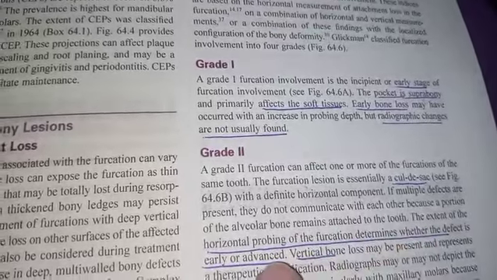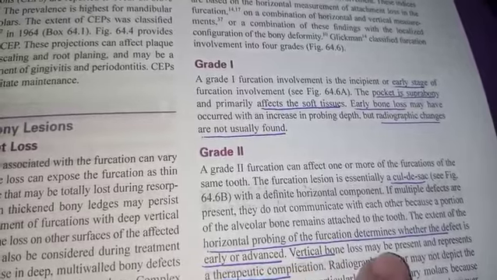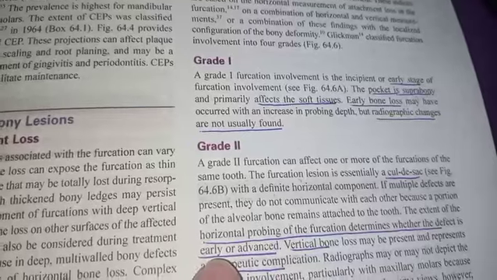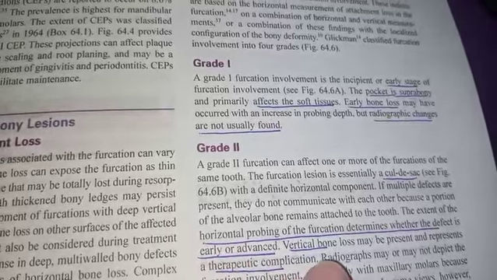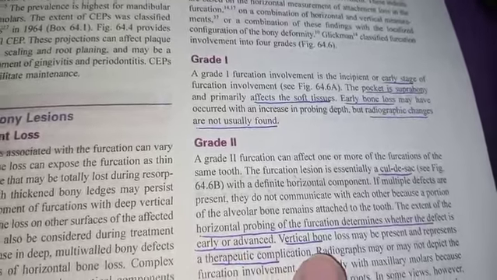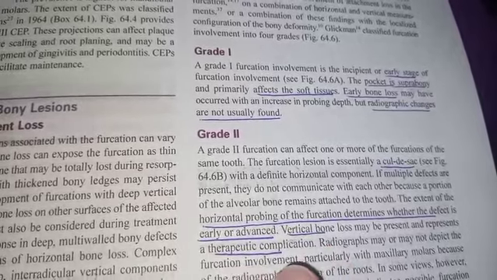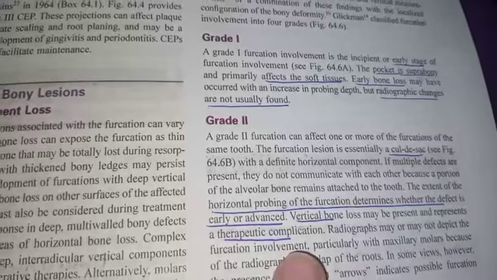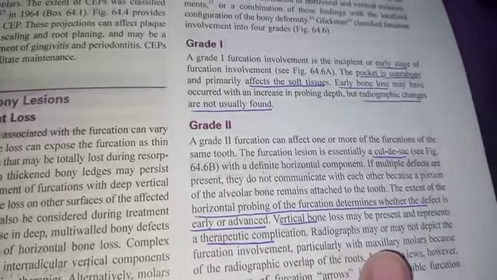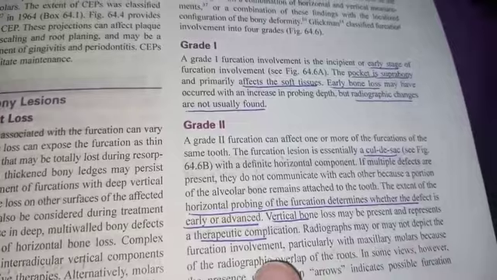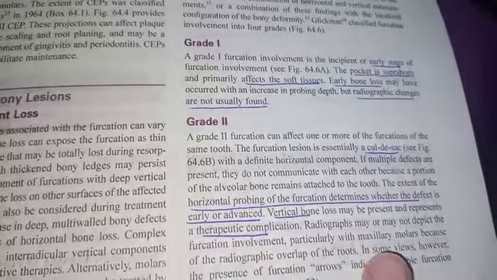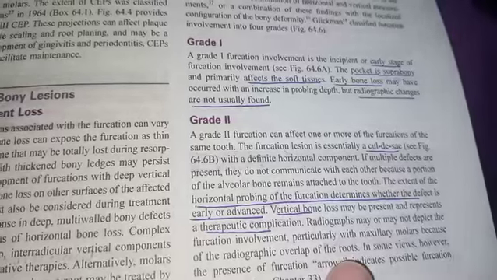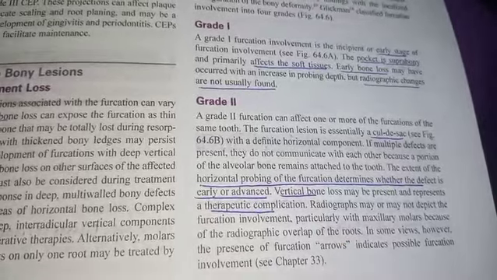So the extent of horizontal probing of the furcation determines whether the defect is an early stage defect or advanced. Vertical bone loss represents therapeutic complications. It basically complicates the procedure. Radiographs may or may not depict the furcation involvement in maxillary molars, because of overlap of the roots. However,